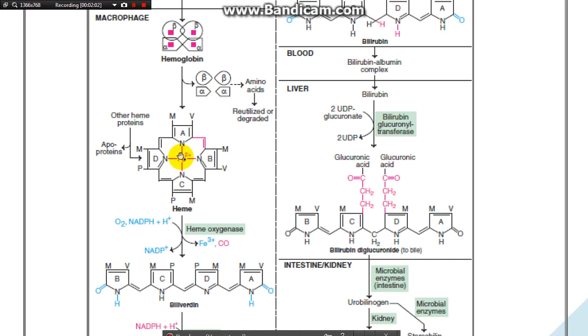Inside the heme is present another ferrous. The ferrous is iron with an oxidation number of 2. After release of the ferrous outside the ring, it is converted to the ferric form. This reaction occurs by the heme oxygenase with release of CO,